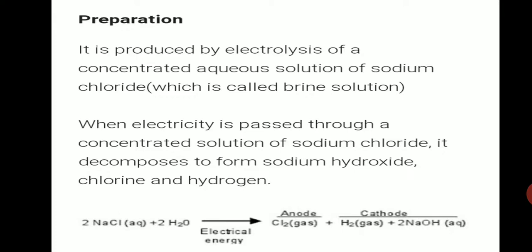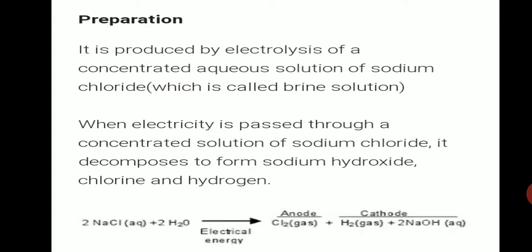Now you know what is concentrated and dilute. More percentage of substance is concentrated. If it is diluted with water and the percentage is very less, then we call it dilute. So for a concentrated solution of sodium chloride, a little amount of water is added and more of the substance is dissolved in it. So what is to be done? It has to be